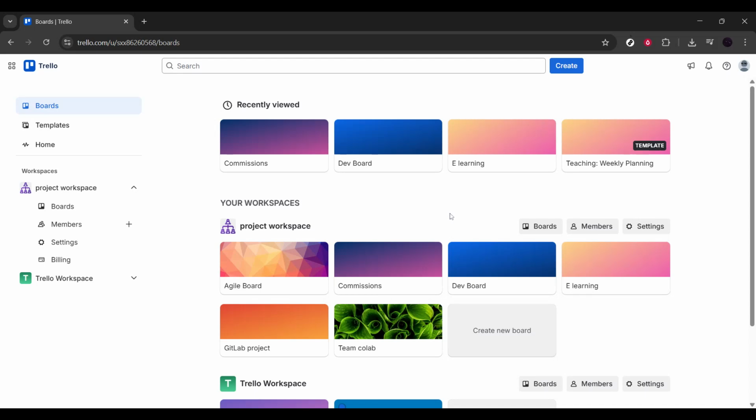In today's video, I'm going to show you exactly how to attach Trello cards to other cards, step by step. This is a super useful feature if you're managing projects, linking related tasks, or connecting dependencies inside your board. By the end of this tutorial, you'll be able to quickly link cards together so everything stays organized and easy